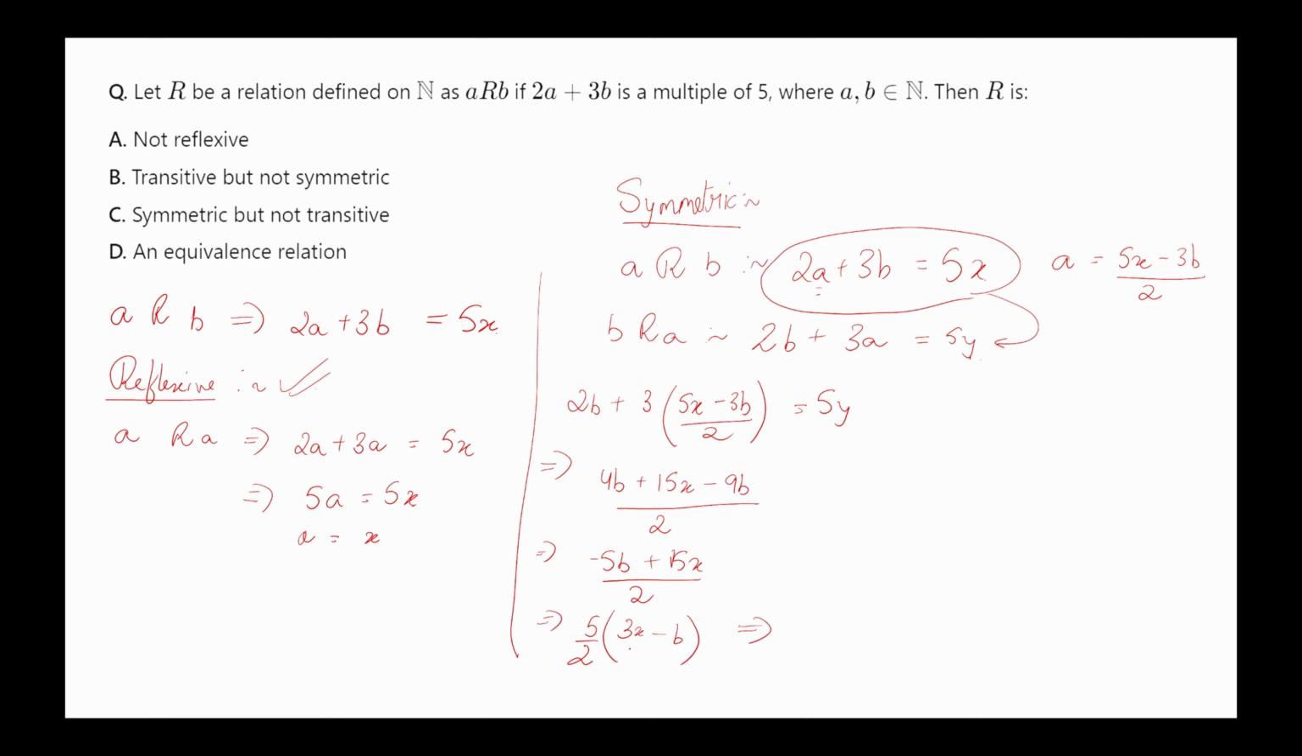Now, can I write 3x? From here I know that 2A plus 3B is 5x. So how can I write down my 3x? Wouldn't it be written down as 2A plus 3B